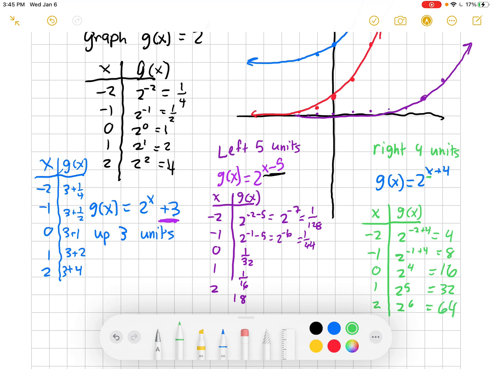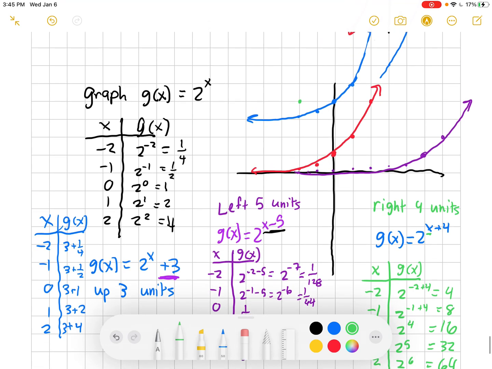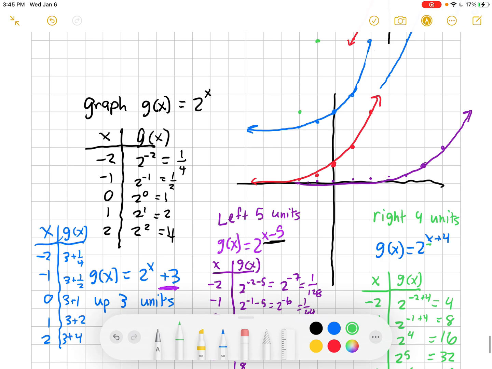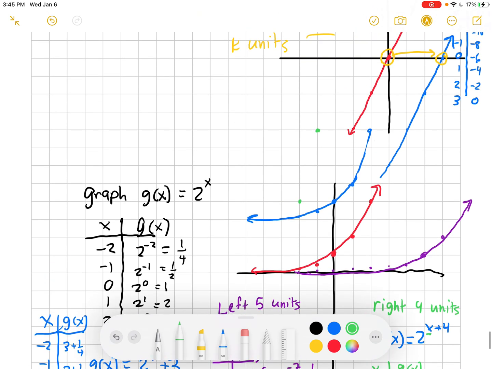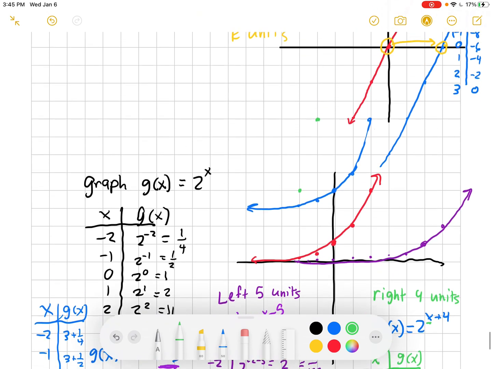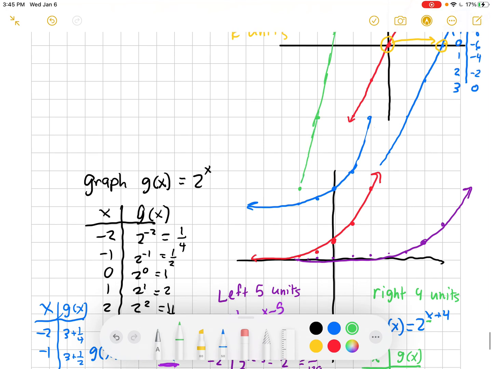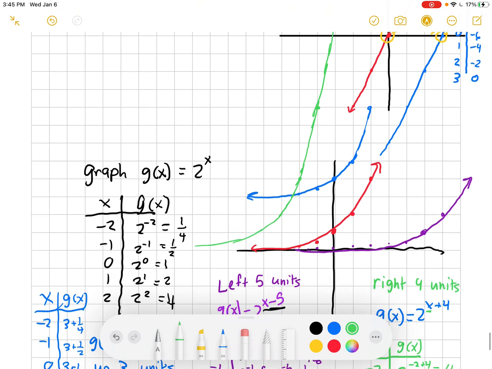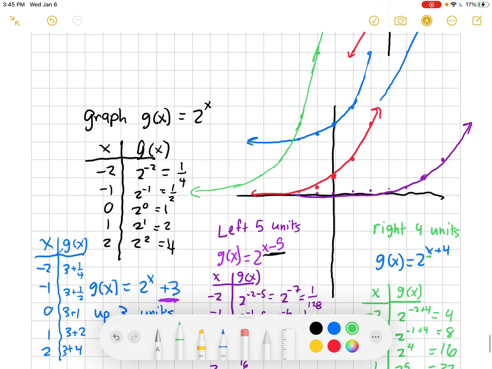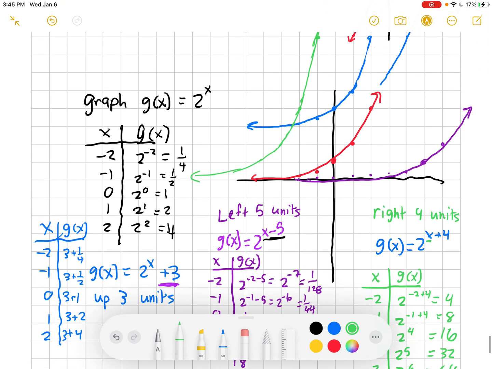So now when we start plotting these points, we will see that they are significantly higher than all of the other ones that we've had so far, to the point where we're really, really going up there. I'll just plot that last one and just kind of connect the dots. It's going to come down like so and level out that way. And as you can see, it did indeed move in the